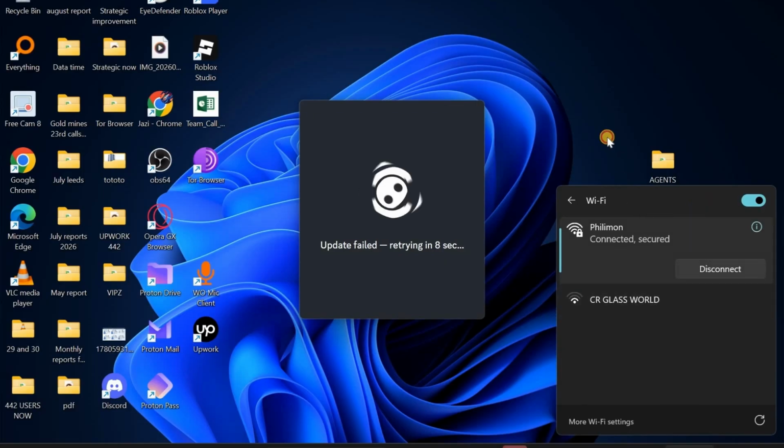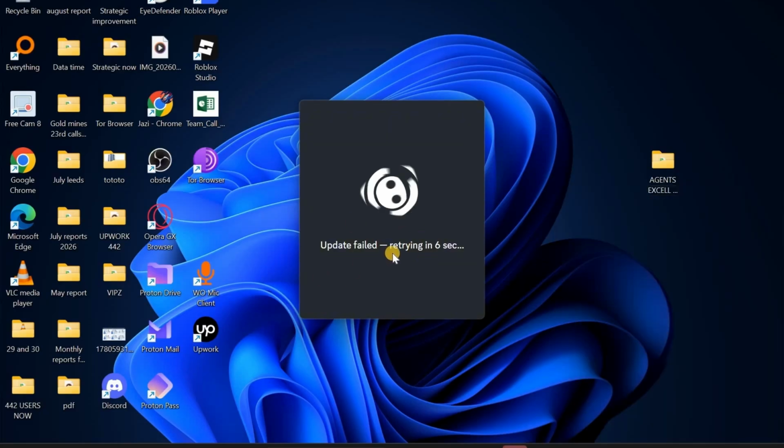And then once the connection is successful, Discord will then load. Just give it a few seconds to retrieve. It will then start loading. You can see, guys, it's now officially loading and starting. So basically, that's how to fix Discord, which is stuck on starting screen.